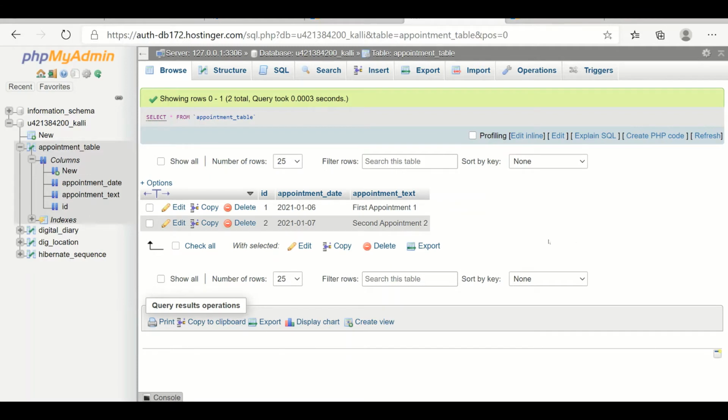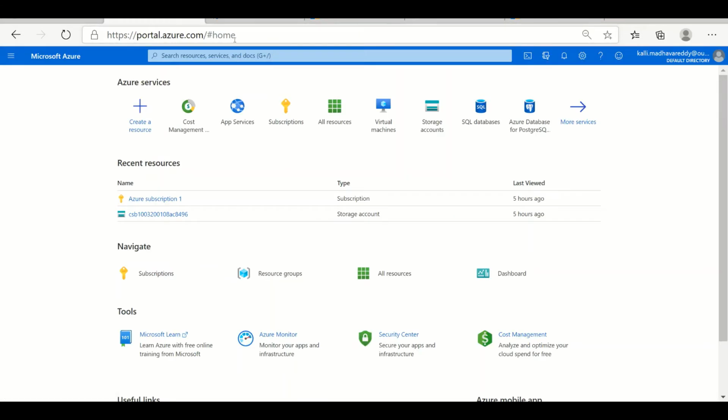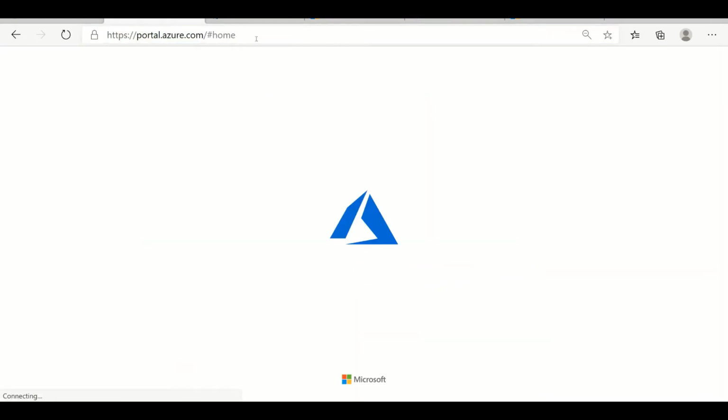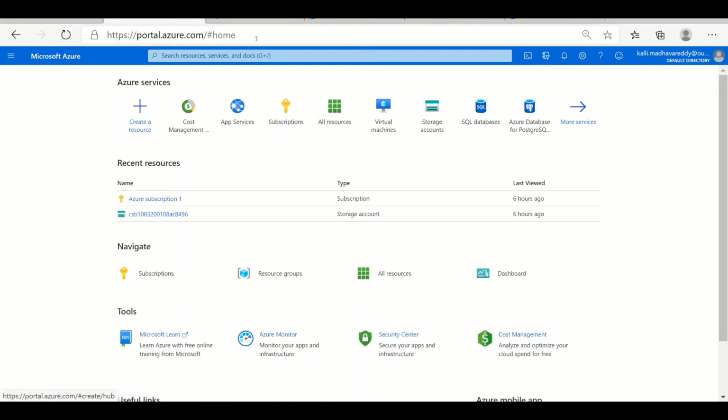Yeah, and the next step is, we need to deploy this application in Microsoft Azure. For this, you need to create a Microsoft Azure account. When you create an account, initially the home page will look like this. Okay, and the second step,